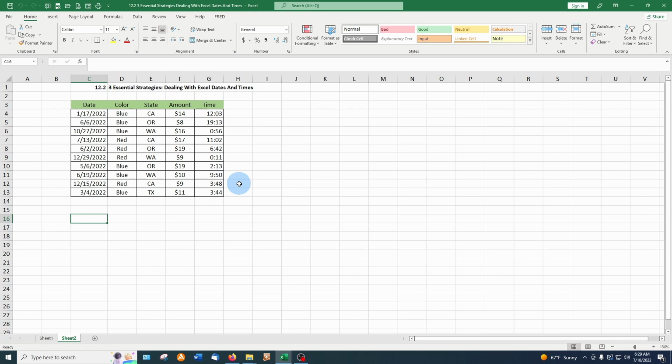Section 12.23, Essential Strategies Dealing with Excel Dates and Times. Here in column C, we have a series of dates. Behind this, it's just a number. If you go up to the number format and hit General,